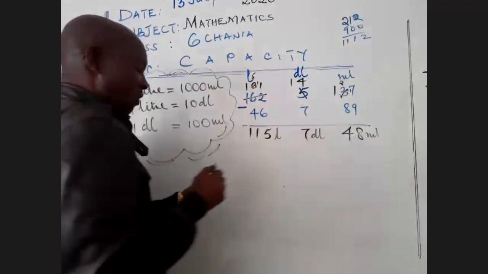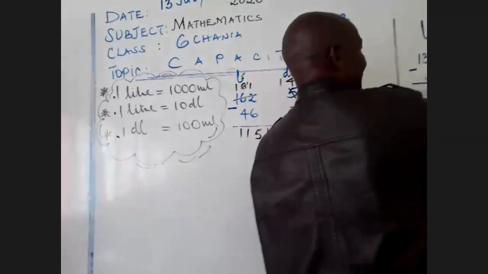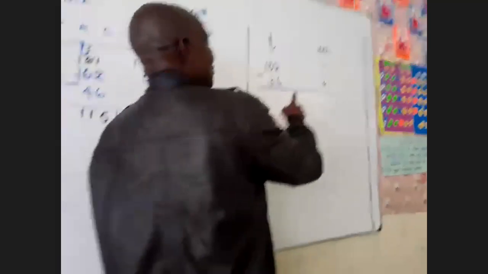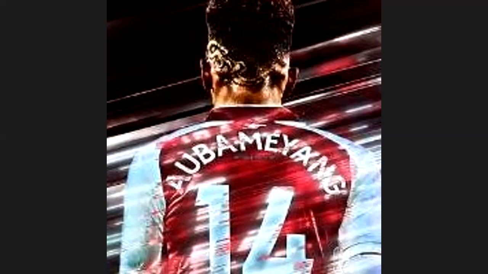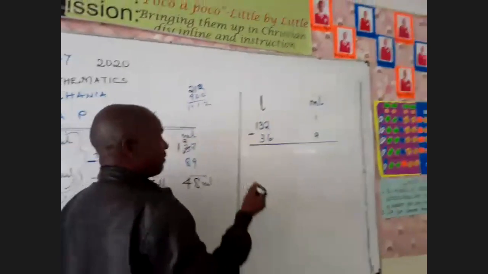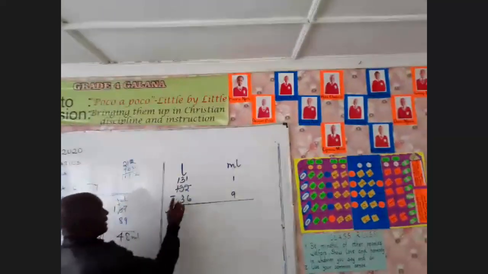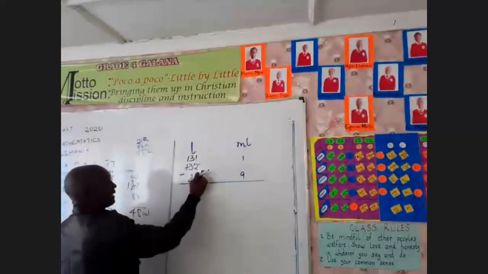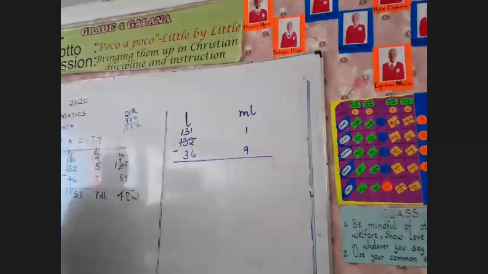And then you just come to the skill of borrowing. Finally, we look at this one, where you're supposed to subtract 9 from 1. Not very possible. So if you cannot subtract that, then I'll be forced to borrow 1 from 132 liters. So borrow 1 will remain 131. Remember, the blue one is the ink work, and the black one is the pencil work. You have borrowed